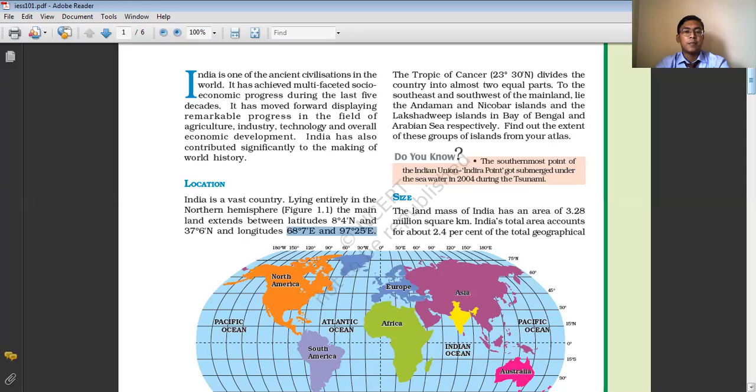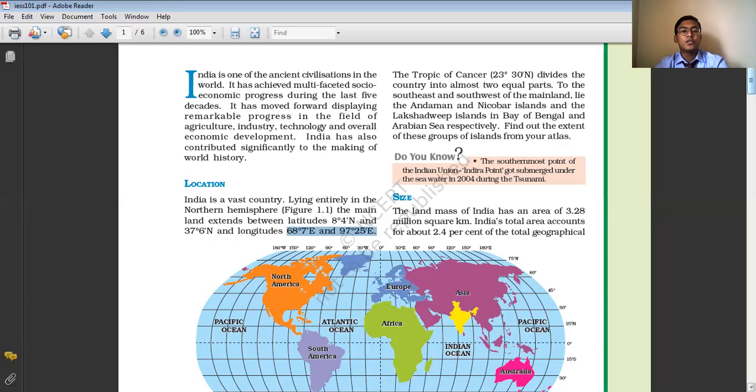Okay, it becomes a taper in size, and it enters into the Indian Ocean. As a result, the Indian Ocean gets separated into two seas, actually. Two arms of the Indian Ocean have been formed: one is the Bay of Bengal in the east and the Arabian Sea on the west. And in this Bay of Bengal and the Arabian Sea, we have two island groups of our country.